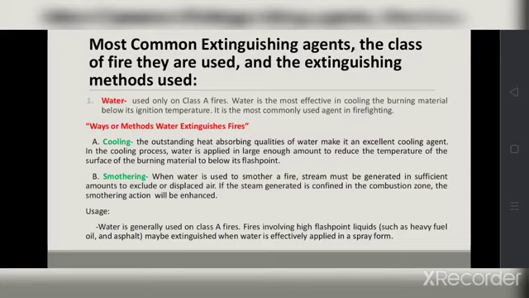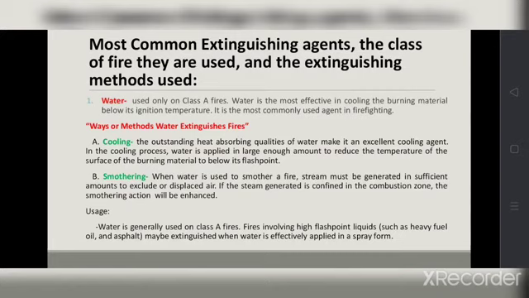So what is the usage of water? Water is generally used on Class A fires. Fires involving high flash point liquids such as heavy fuel, oil, and asphalt may be extinguished when water is effectively applied in a spray form. So if the fire involves heavy fuel, oil, and asphalt, we can use water as long as it is